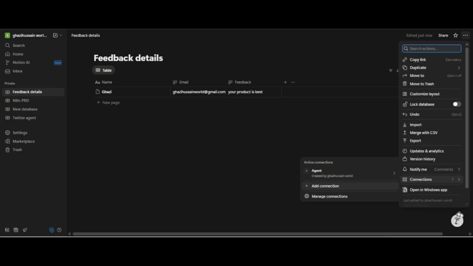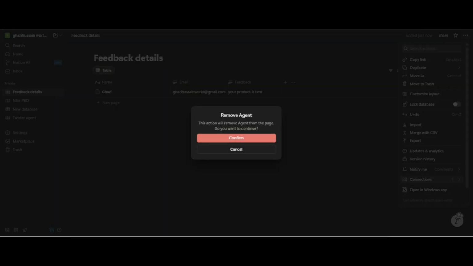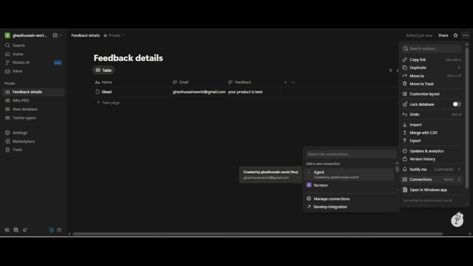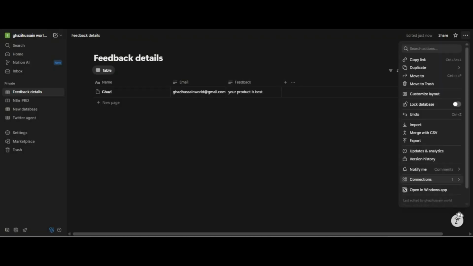I had connected, but I disconnected, and I again click on connect, and now you select your created integration name. So you have to remember your name. I created the form integration, so I click on it and I will confirm it.